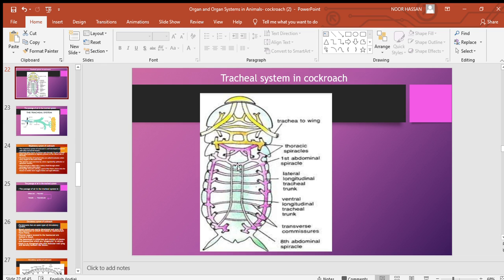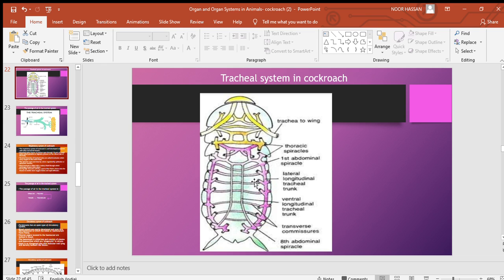Actually, this tracheal system consists of tubular structures which are called trachea, and these trachea open outside. That is, they can communicate with the outside environment through openings called stigmata or spiracles present on the surface of the body. This is the system through which gas exchange takes place, and these openings can open and close by means of valves, which are controlled by sphincter muscles or